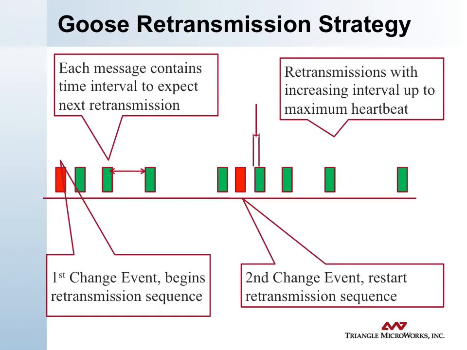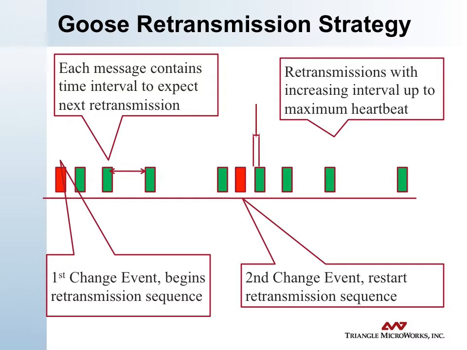This retransmission policy is shown in this diagram. The red bars are the messages that represent the real change. That's when new data has occurred. Something has occurred in the process logic that caused the data to change. The message is sent containing the entire data set, and then there's a fast retransmission that occurs, which gradually, over some kind of a strategy, spreads out so that we're not burdening the network. Each message contains the time interval to expect the next transmission, so that if a message is dropped, you know that you've lost connectivity with the publisher.